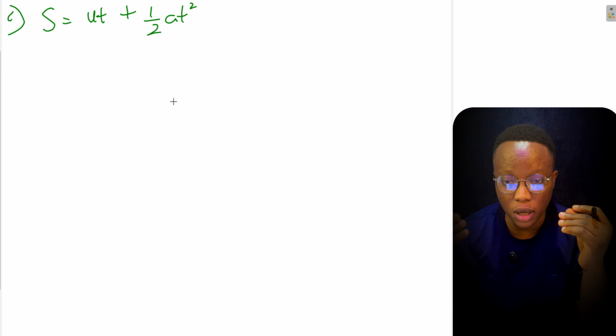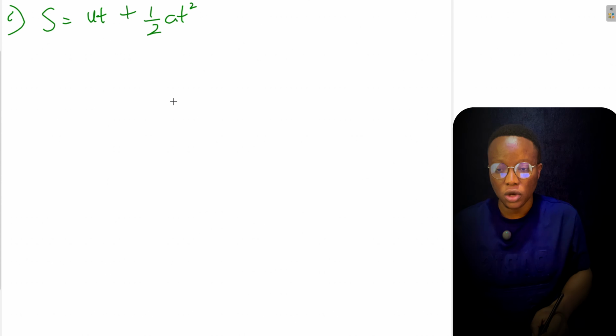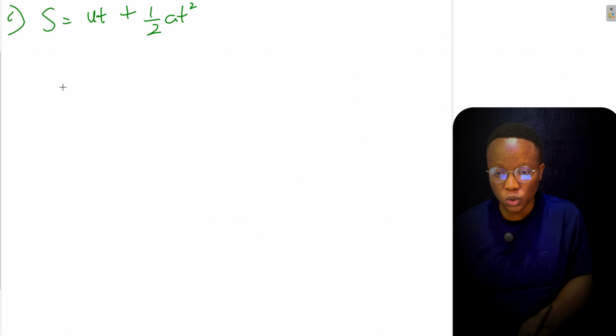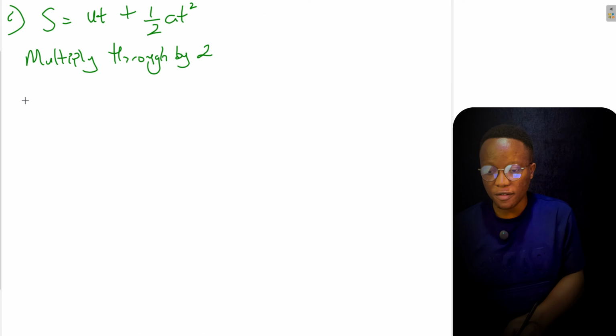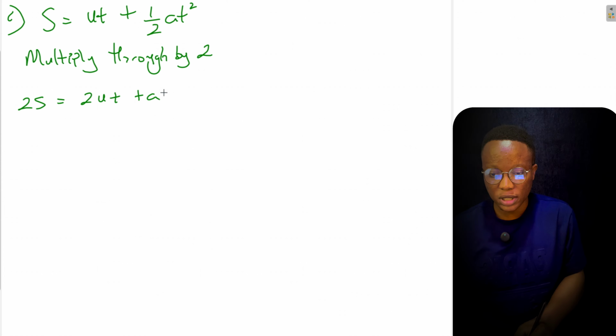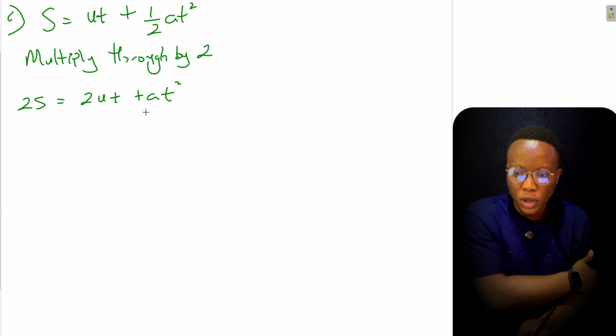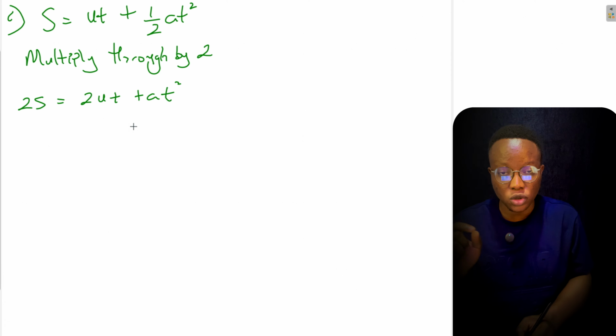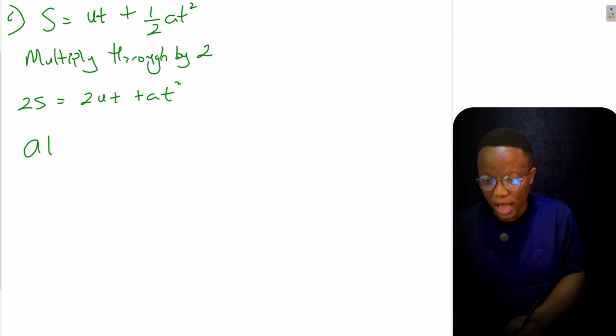As complex as this question might seem, it might also be the simplest of all the questions we have here. So what do we do first? We have to first of all get rid of this fraction. How do we get rid of the fraction? Multiply it through by 2. Now we have 2s is equal to 2ut plus at squared. Now there's a difficulty in isolating t in this equation. However, if we write the equation as at squared plus 2ut minus 2s is equal to 0,